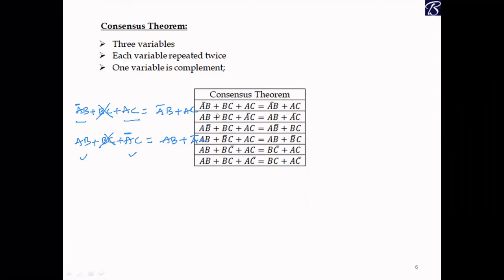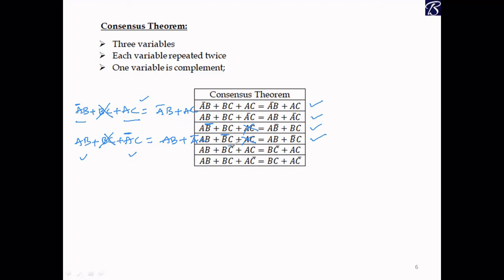Let us see this table. So this is the expression we already wrote here, and this also we wrote. And you apply B bar here. B bar is there, B is there. You remove this one. So AB bar plus BC is the answer. See, in this expression B bar is here, so the B term is here and the B term is here. You remove this one. So AB plus B bar C we can directly write according to the consensus theorem.